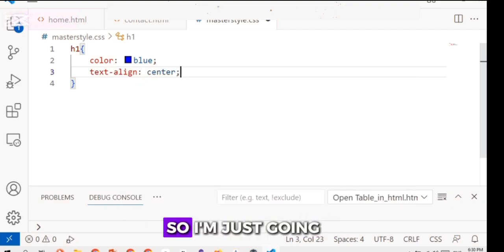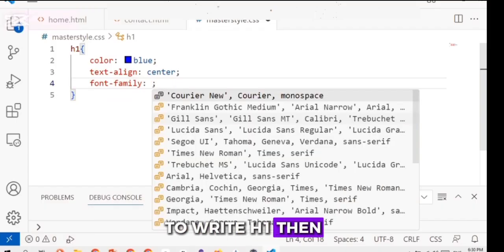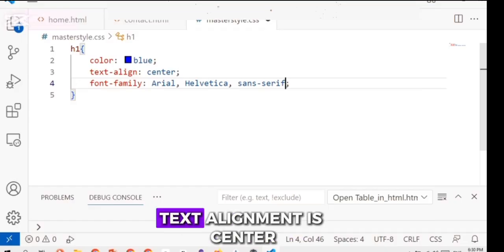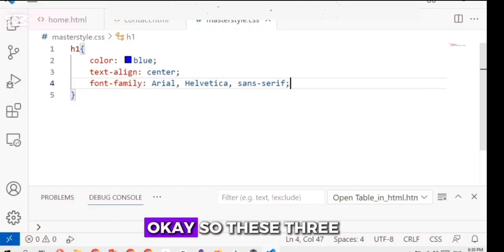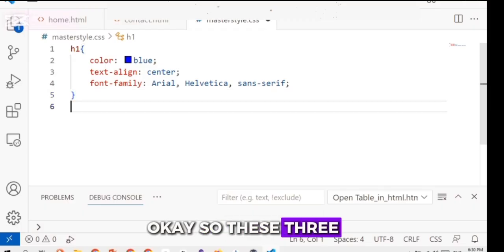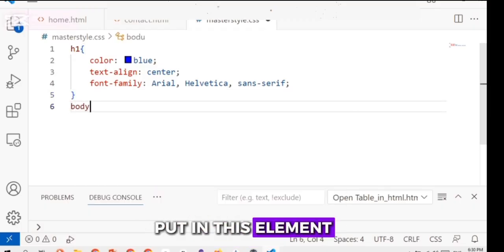I'm going to apply style on h1, so I write h1, then curly brackets. Curly brackets mean the body of your h1 element. I'm going to put the color as blue, text align as center, and font family as Arial. These three properties with their values I'm putting in this element.